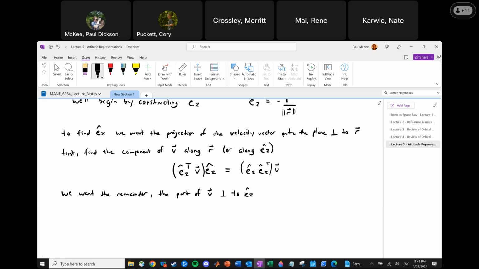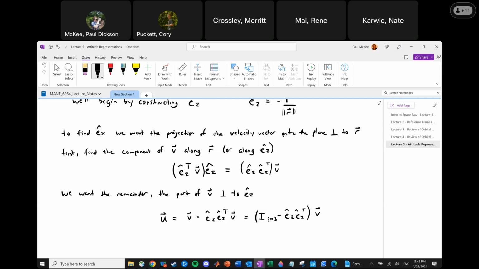This is the projection of V onto EZ. This is the opposite. And so we're going to define some vector U. I don't think we're using U right now. U is velocity minus EZ transpose V. Or if we're going to do a little bit of grouping, the identity matrix I 3 by 3 minus EZ transpose